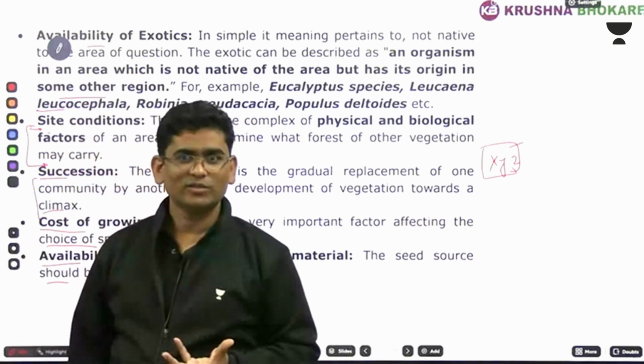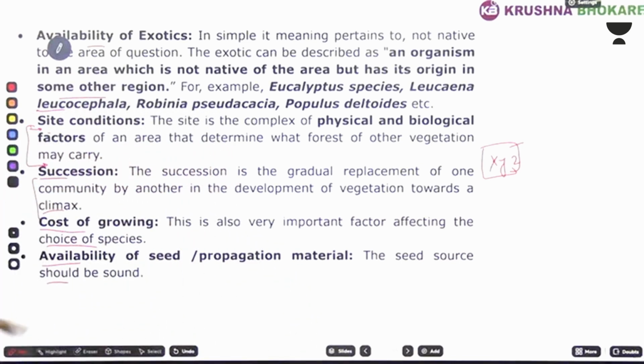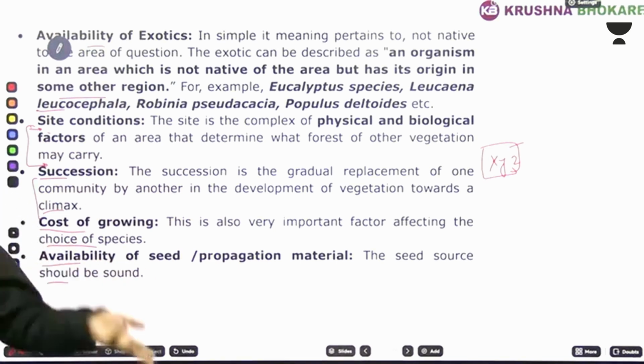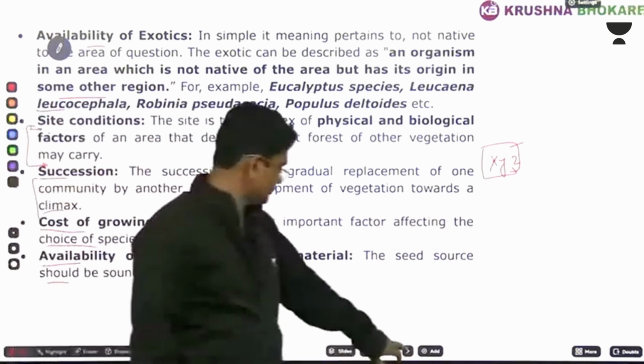I thought, leave graduation, let's do this business. It means it depends upon availability. You should know the exact thing. Actually, the person who was selling that seed didn't know its price. Someone had given it to him, and he was not even sure whether it was lotus seed or what, he just sold it to me. He may not be the owner, or he might be the person in charge, whatever it may be. I don't know where he got it from, but he might have purchased it in bulk from northern India. So such things might happen. So mostly, availability of seed and propagation material is important while doing afforestation.